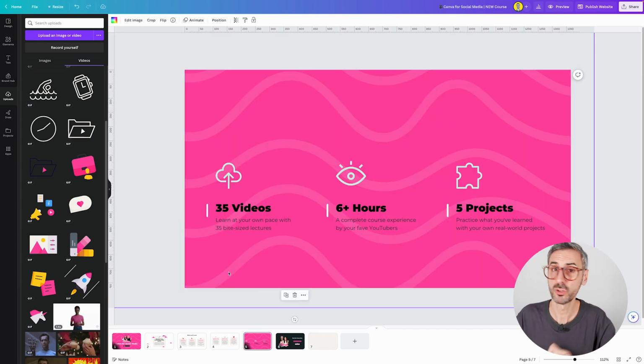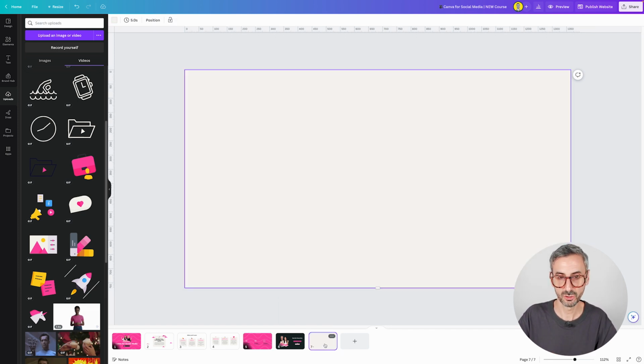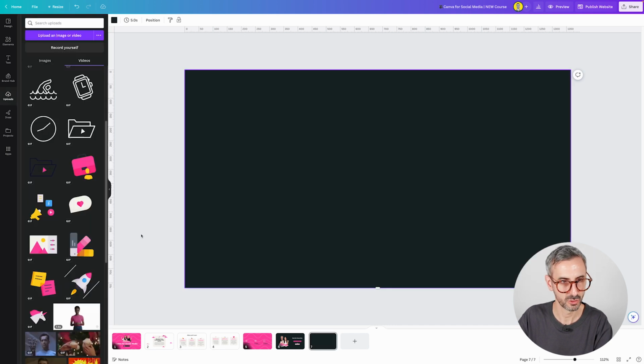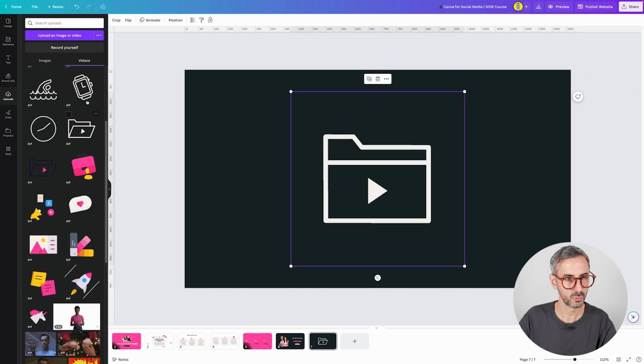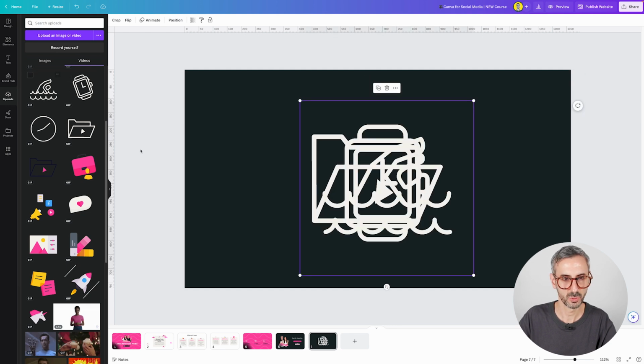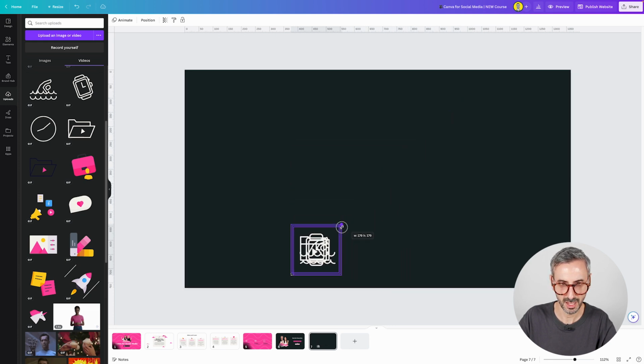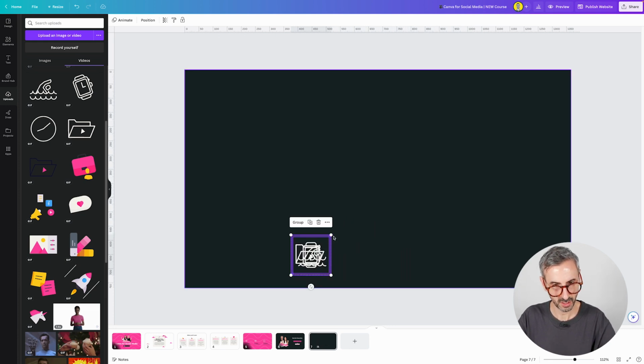At this stage, I want to show you one little trick. You see here, I have 3 different icons and they're all at the same size. So instead of resizing every single icon one by one, what I can do, let me change the color of this background so that we see what's going on. So instead, what we can do, I'm going to import all of them. So this one, and then this one. And then you select the 3 of them and you resize them at the same time. So now I have made them